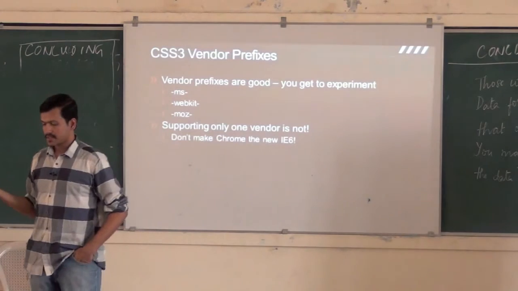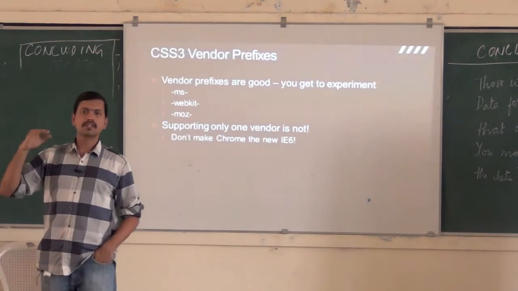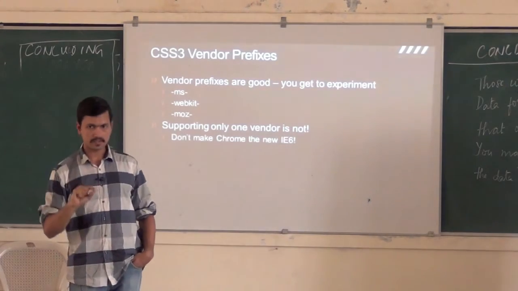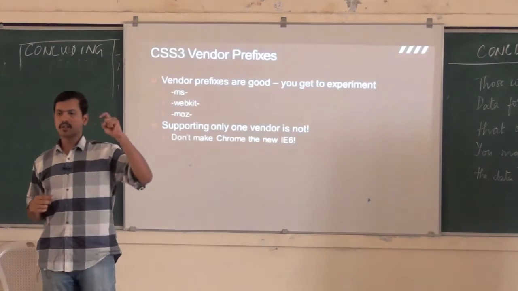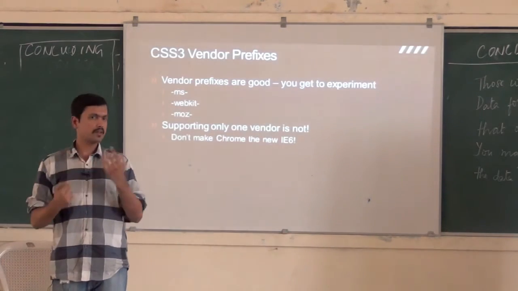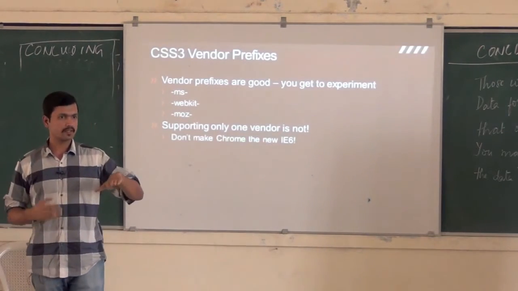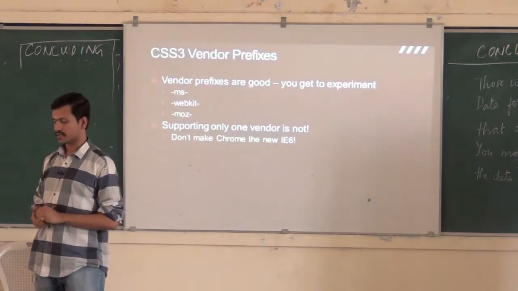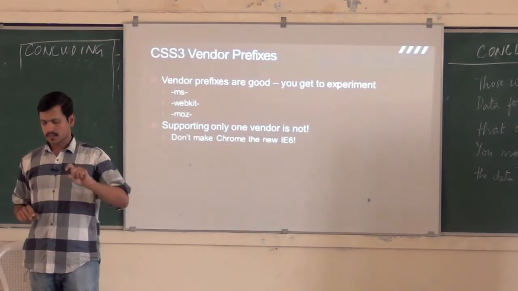So the best practice is, if you're using vendor prefixes, always put the W3C version of that particular rule last, right? Because that's how browsers work. If you have a particular rule appearing multiple times, redundant specification of a particular rule, the last one wins. Whichever is specified last overrides your previous specifications. So always make sure that you put the W3C name last, right?